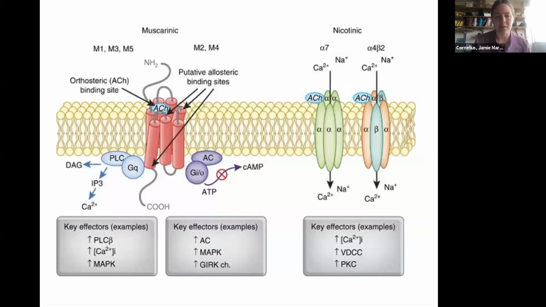Okay, so in any case, there's 2 examples of these different kinds of receptors, and here they are next to each other, and I basically just include this to show. You can see the red on the left is the muscarinic acetylcholine receptor. You see those 7 transmembrane domains, and it's all folded up into a 3D structure. And you can see acetylcholine can bind on the extracellular side of the membrane, and then on the intracellular side, you can see the purple G proteins coupled with or initiating